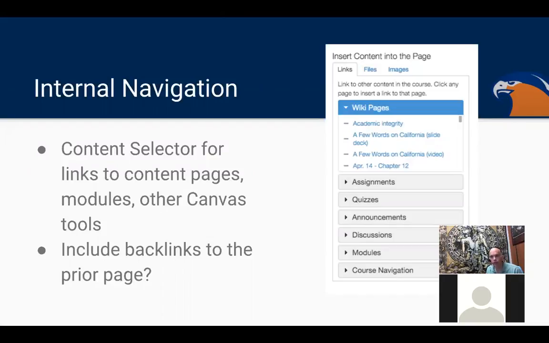Okay, so one of the things I can do in Canvas is link pretty easily inside a page into other things that are inside Canvas. The screenshot I have there is what's called a content selector. It's there as part of Canvas, as part of the content. When you're editing a content page, the content selector is also part of the discussions. It's also part of quizzes. It's part of assignments as well. So any place where you have that rich content editor,